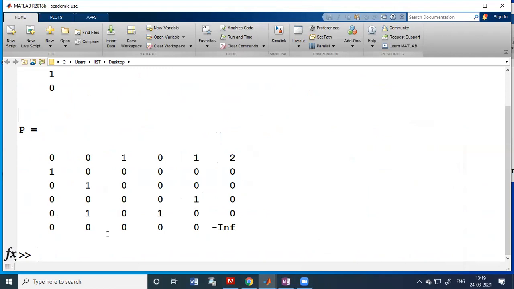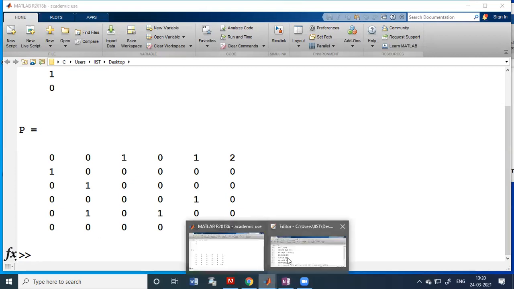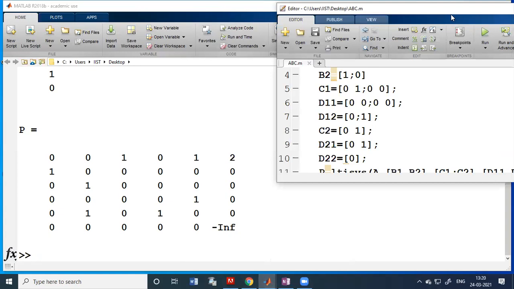Now what next? There's the command. See, there are 2-3 commands. One is hinfric. That means it will compute the H-infinity controller on the basis of solving a Riccati equation. Or there is another algorithm called LMI, linear matrix inequality. There are two, three methods. So we will make use of the Riccati method. The next step I will write.